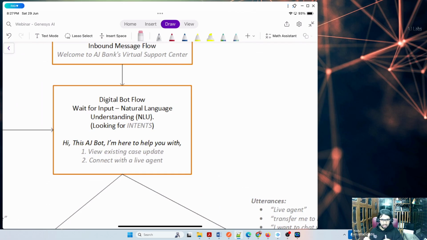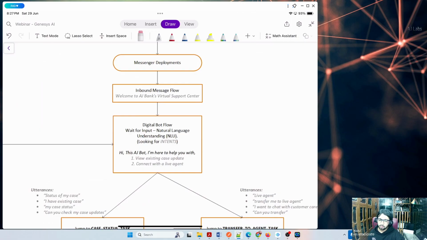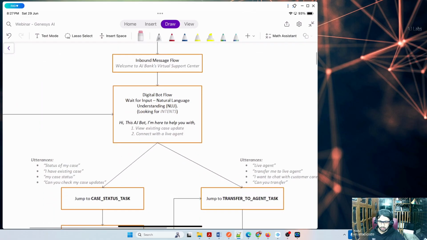My doubt here, AJ, is suppose we are not limited to this type of utterances. Based on the need, if we need to create more, then what do we do in that case? We can always add utterances. There is something called intent miner, which I'll show you, but that requires an additional license. Intent miner will tell you that today customers are responding this way and I have failures. I can always monitor this, then keep on adding the utterances there. That's how I can improve the chatbot functionality.